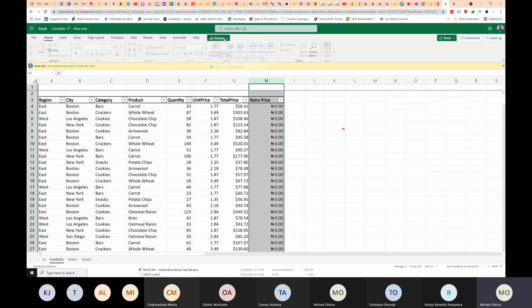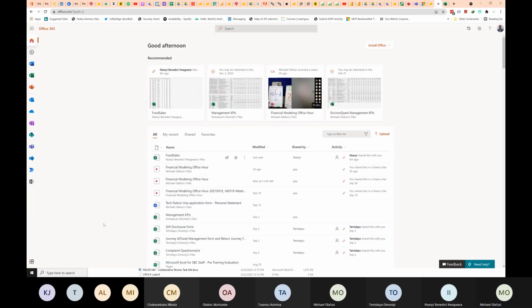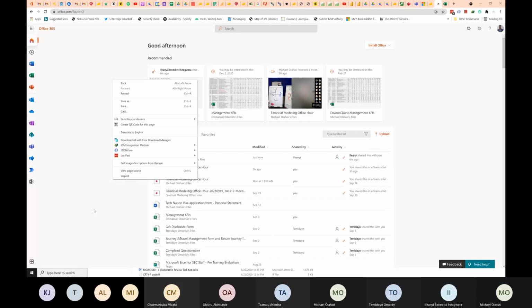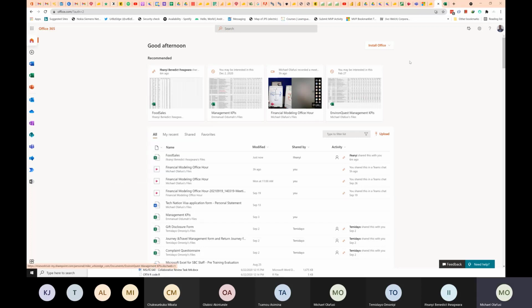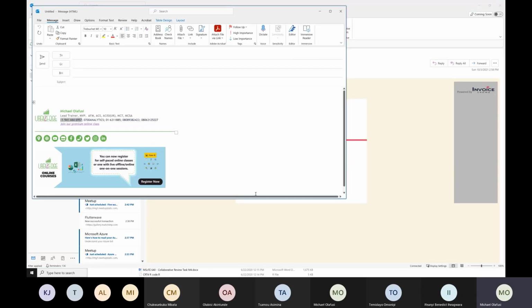Okay, so I think I'm not in edit mode. Okay, please can you confirm that you're giving me edit right on it? I don't want to open it on the desktop app, otherwise I might just have to create my own practice data. Okay, not a problem. I can work with something I already have.